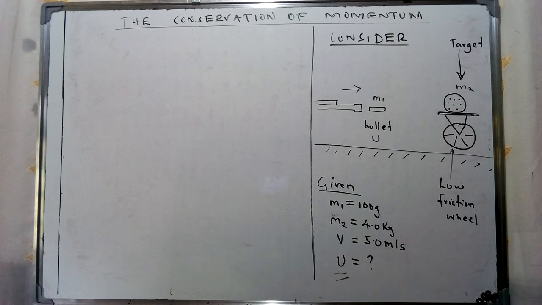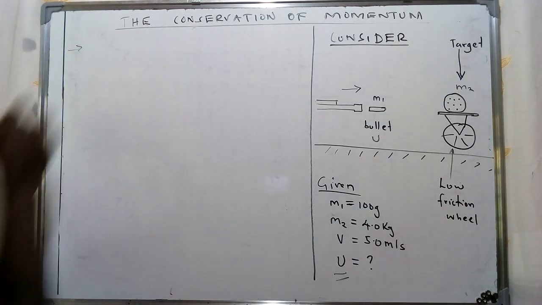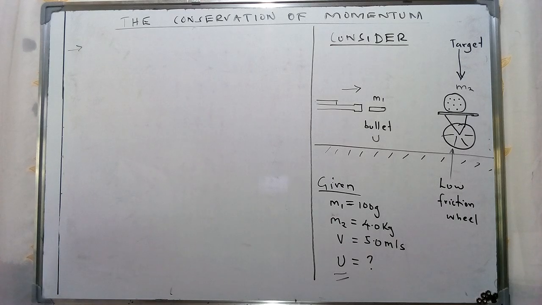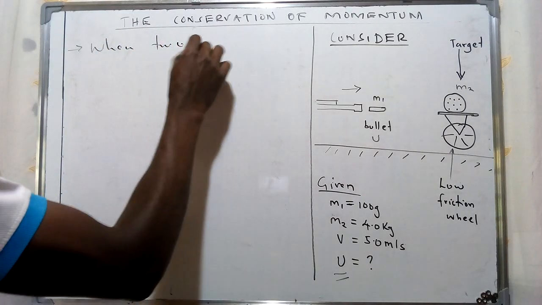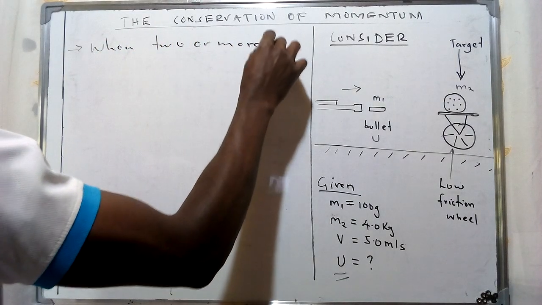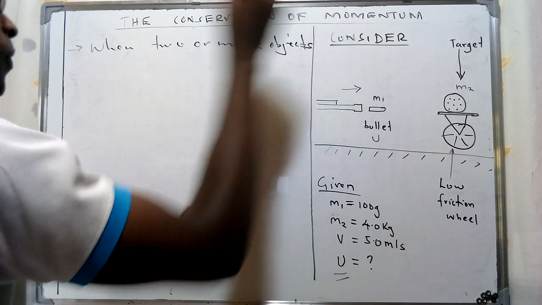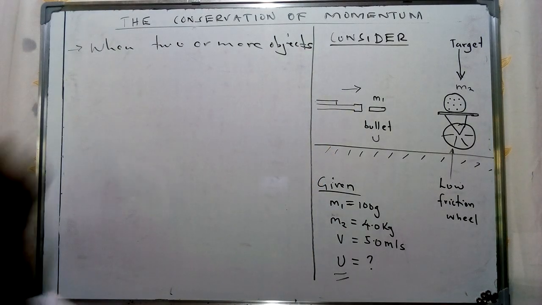Now, I'm going to summarize this specific concept of the conservation of momentum so that we can go ahead and try to do this evaluation and see what descriptions we can associate with it. We can give this in terms of a summary, whereby the law of conservation of momentum states that when two or more objects, I hope my writing is legible, interact,